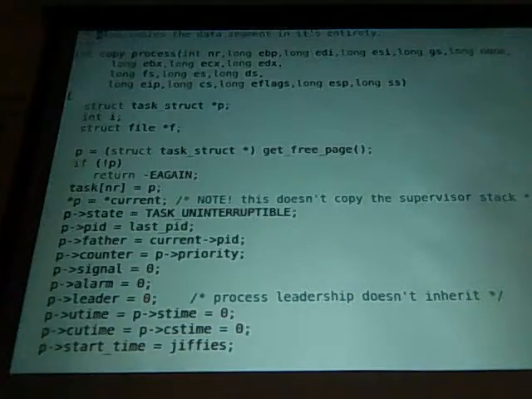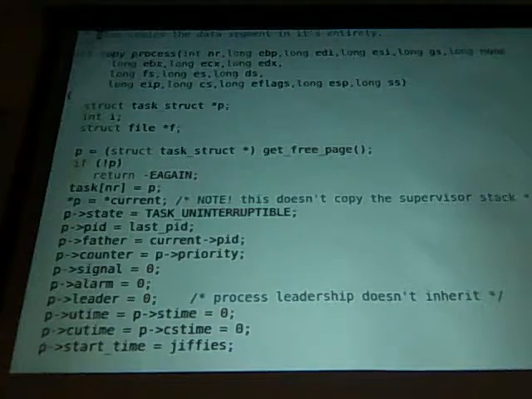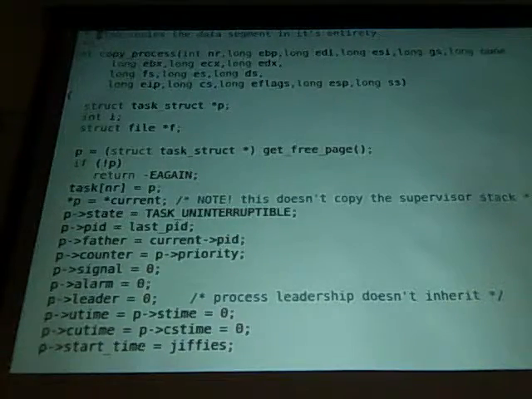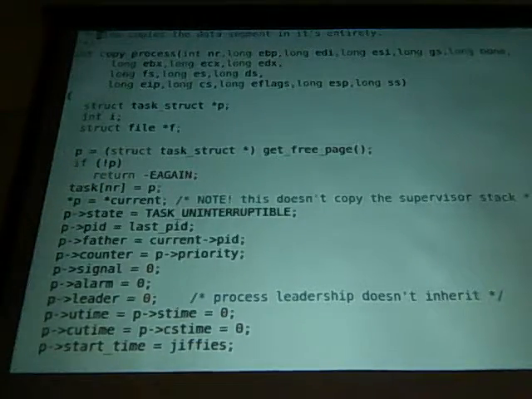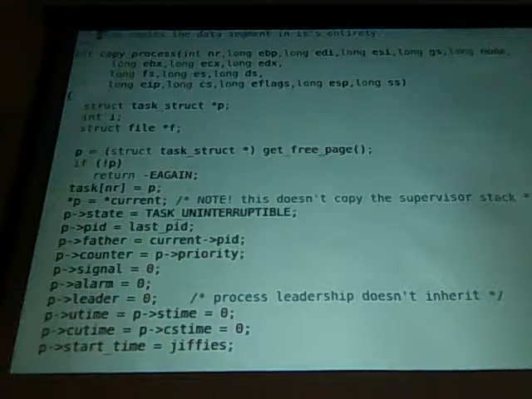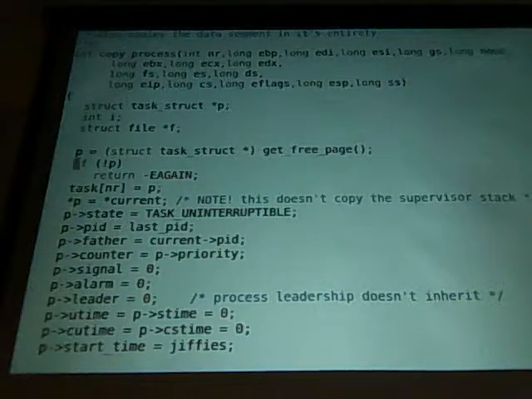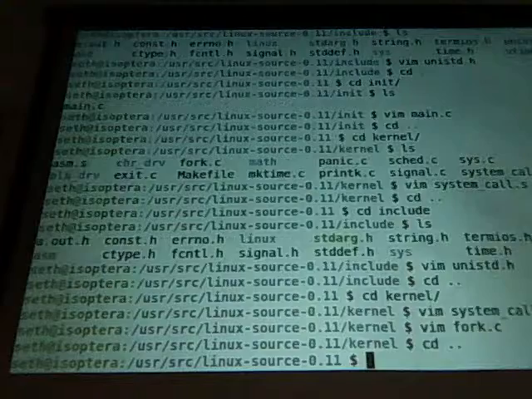Okay, so copy_process. As parameters up there, we have a list of x86 registers. So this function is highly non-portable to other architectures. We're going to make a task structure here, and we end up using a free page from memory. We'll talk about the memory manager a little later. So what we basically want to do is have this task structure. And if we go look at struct task_struct,